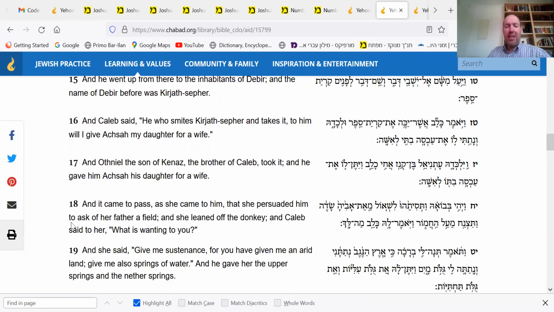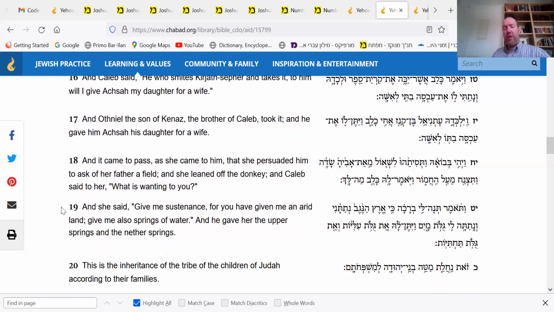And it came to pass, as she came to him, that she persuaded him to ask of her father a field, and she leaned off the donkey. And Caleb said to her, what is wanting to you? So after Caleb gave Achsa to Othniel, his brother, who conquered that city of Kiryat Sefer, she comes to her father,